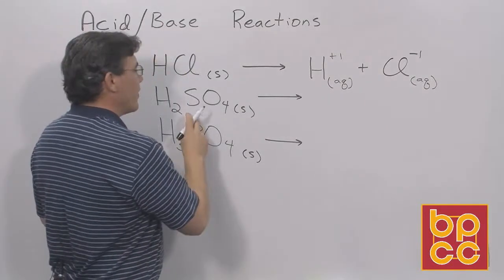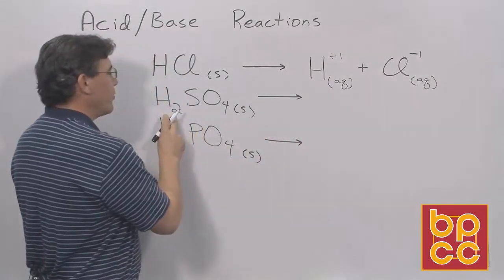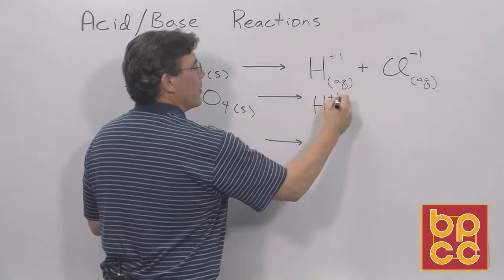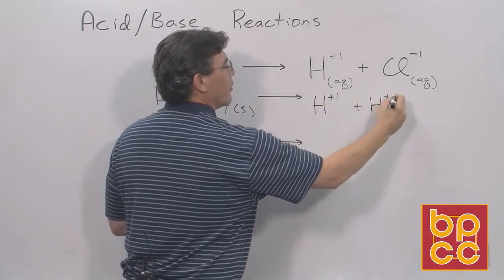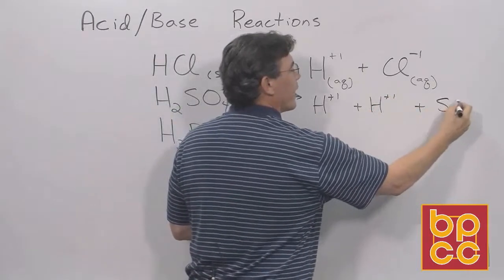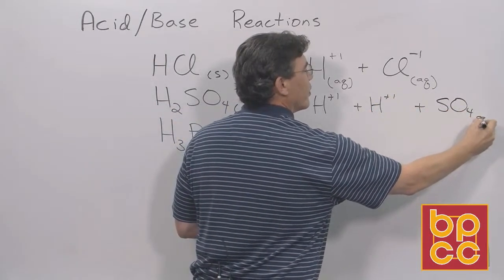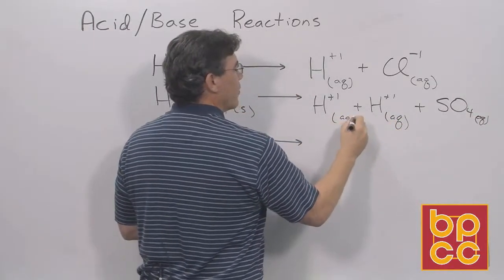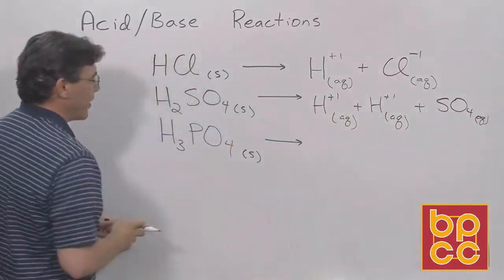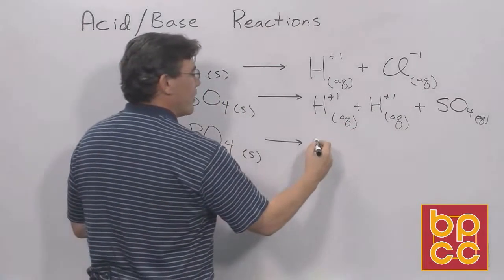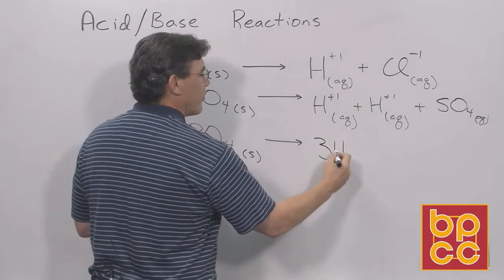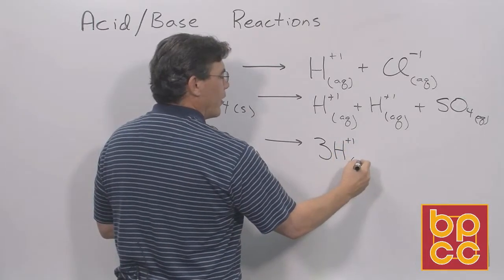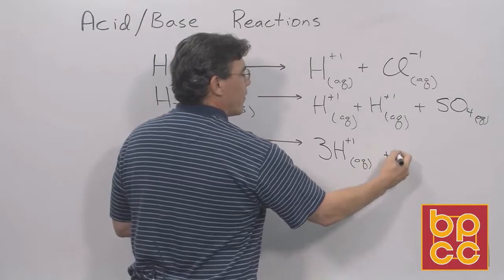Same thing happens here with the sulfuric acid, except in this case, because we have two hydrogens here, we get two hydrogen ions and the one sulfate ion. And again, all of these would be dissolved in water, so we can label them AQ. And then we can see the same thing would happen here with the phosphoric acid. Let me kind of summarize this. Instead of writing the H 3 times, I'll just put three hydrogen ions, again, dissolved in water,